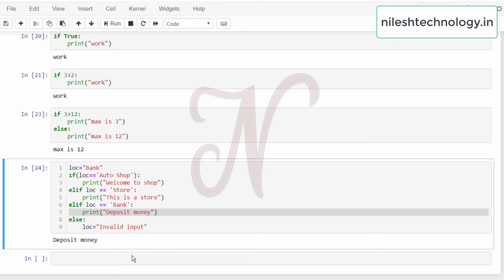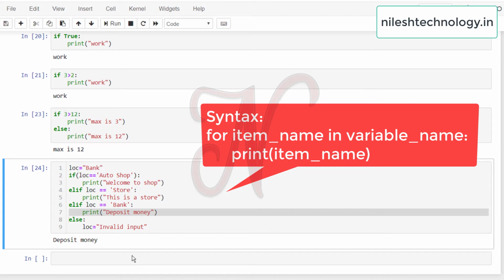The syntax is this: for, then the item name, then the in keyword, then the variable name, then a colon. Then press enter, go to indentation, and print the item name.